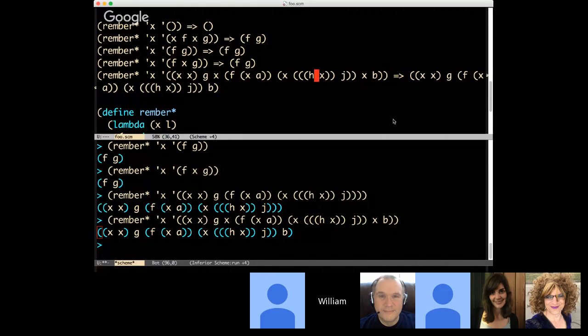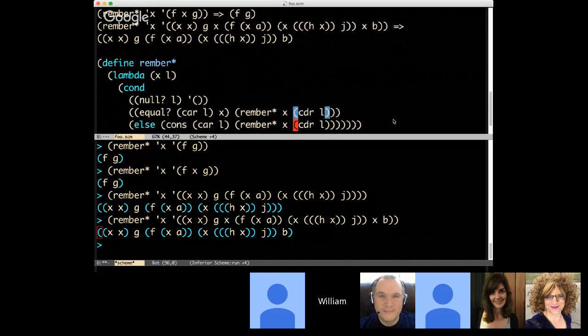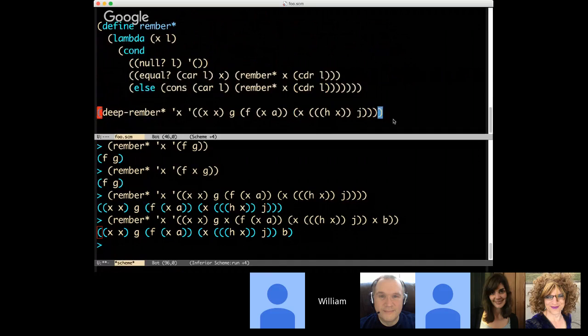okay, so this definition only works for what we might call a shallow list, where we're only looking for the x's at the top level of the list. So we want to do something a little more sophisticated, where we actually remove the x's no matter where they occur in a deeply nested list. So in this case,